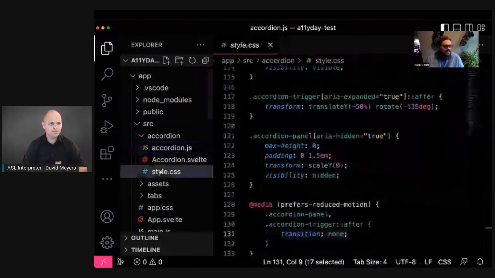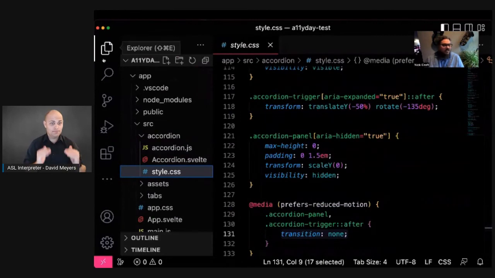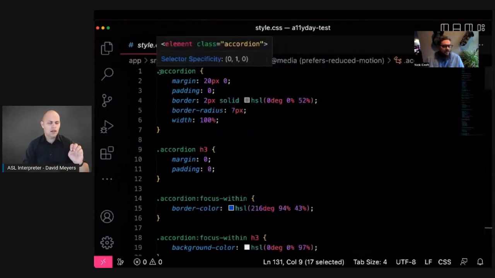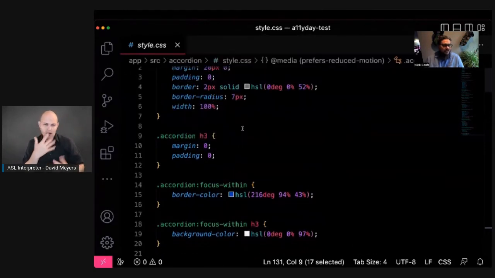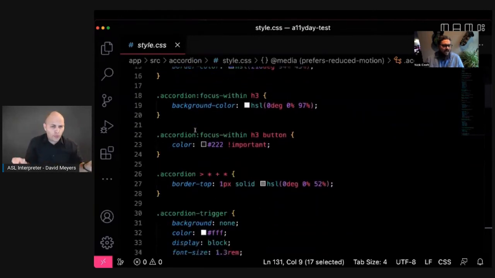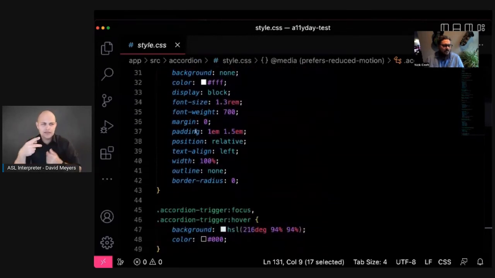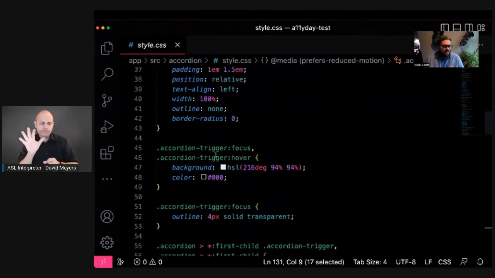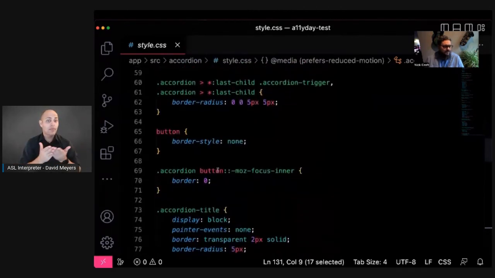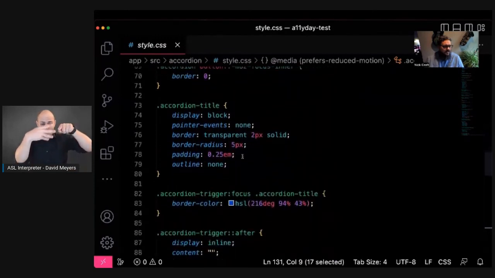The last thing we have is our styling. Now with the styling, basically the top of this is focused largely on creating the look and feel of everything. We're adding borders, we're adding some different spacing and padding, some colors, all of that stuff is happening. Now, one of the things that we have down here is